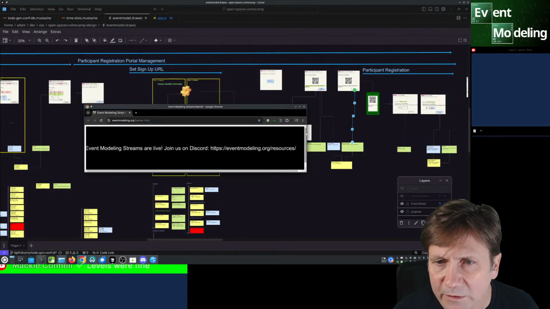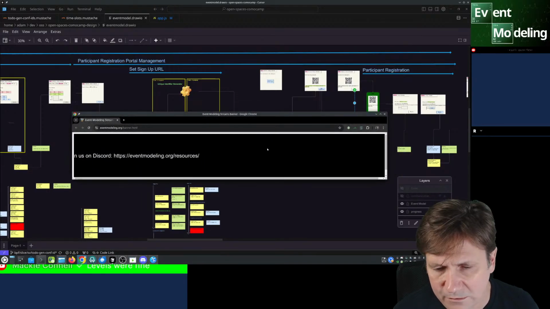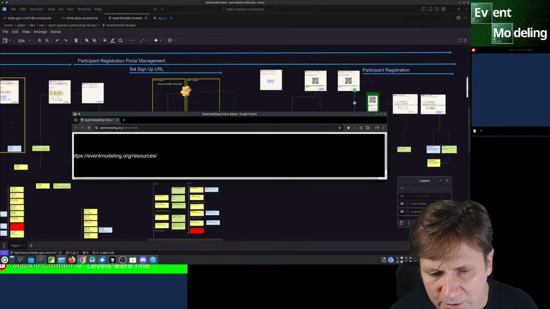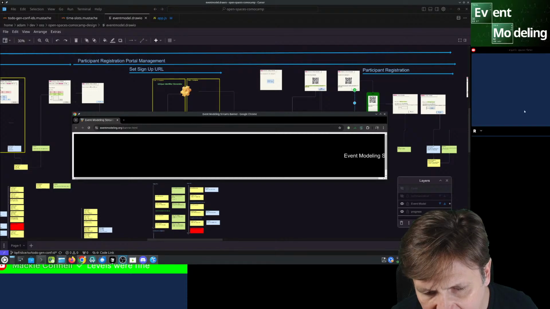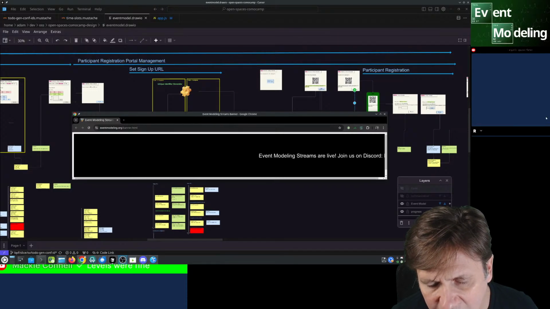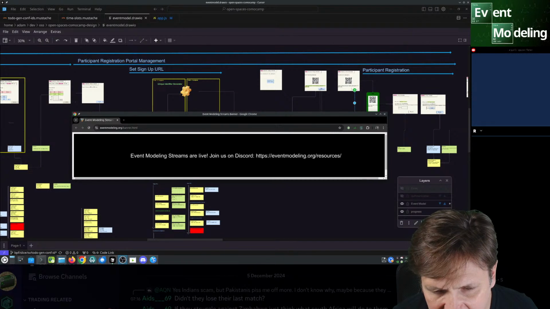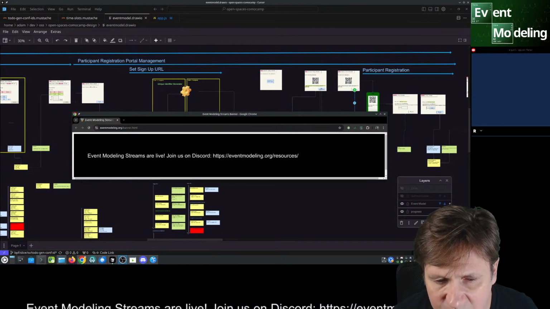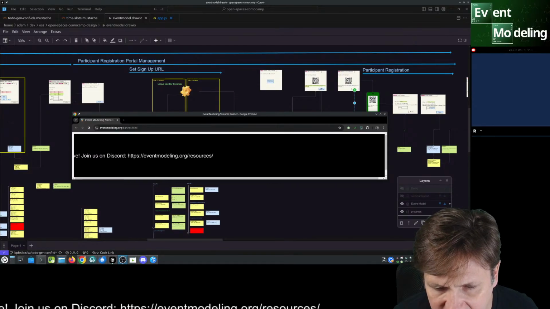So it goes a little bit wider, and then in OBS I have to change that. Banner properties, and select the correct window. Should be banner, event modeling streams banner. There we go. Okay. All right, so now that's in there,